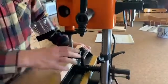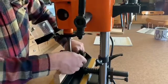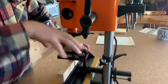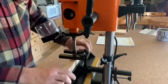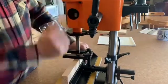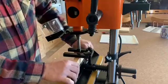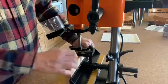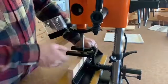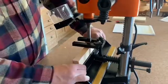Okay, this here is a hold down clamp. It doesn't really hold it down. Like if you push it down fairly tight, it's not really going to clamp the board down. It's still going to allow for that board to slide, but it will hold it from hopping up and down when you're pulling the bit in and out. And I don't know if you remember with the one drill press that we use, sometimes when you're backing the bit out, it wants to lift your board and you have to hold it down. This will help hold it secure and not lift up on you. Okay,